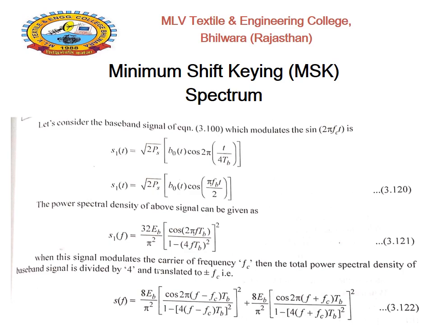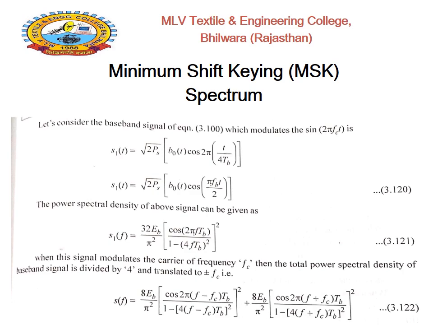Taking the Fourier transform of S1 of t, we obtain S1 of f. So when we take the Fourier transform of equation 3.120, we obtain equation 3.121,